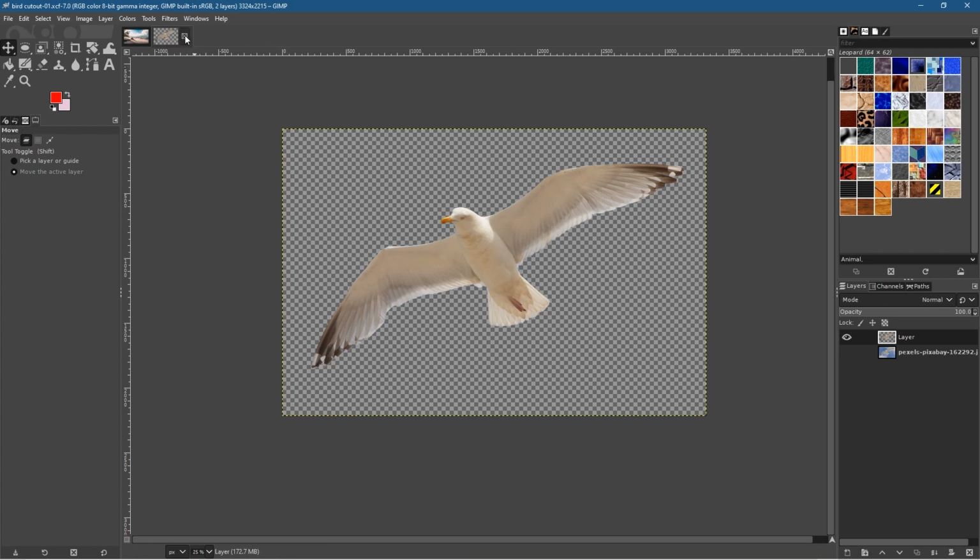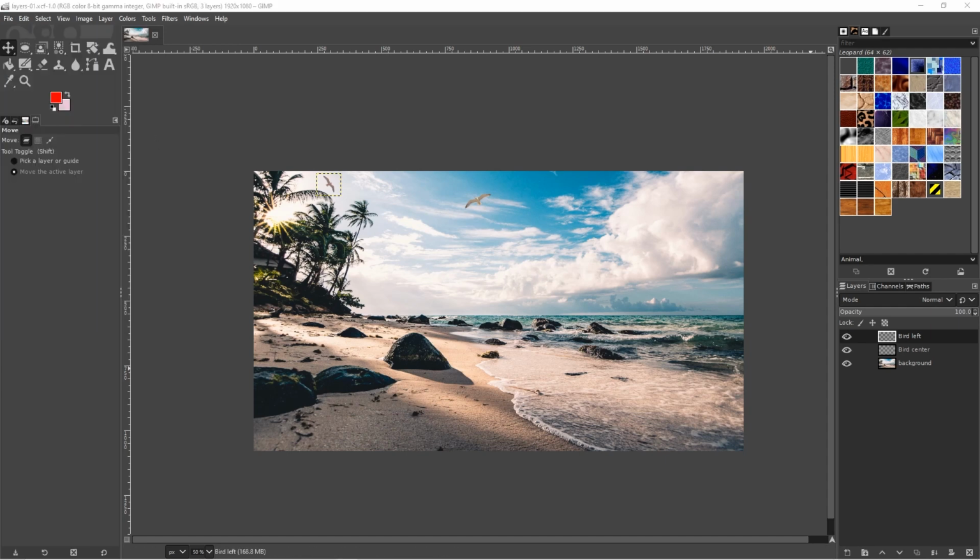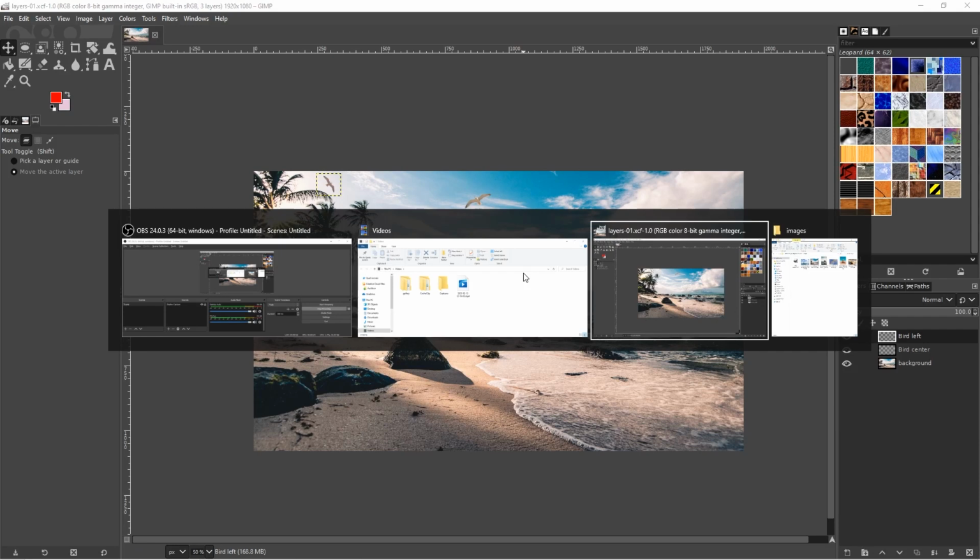But for now we can close it. We don't need it right now because we've used it. Let's go to File, Save. Okay, so we've added the bird pictures into this artwork so far, and let's go back to our images and